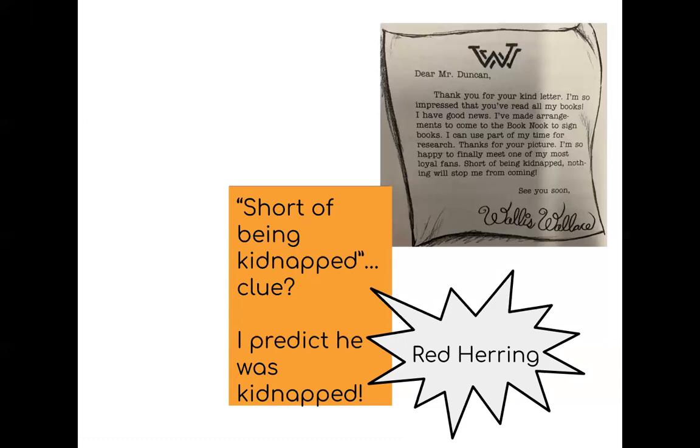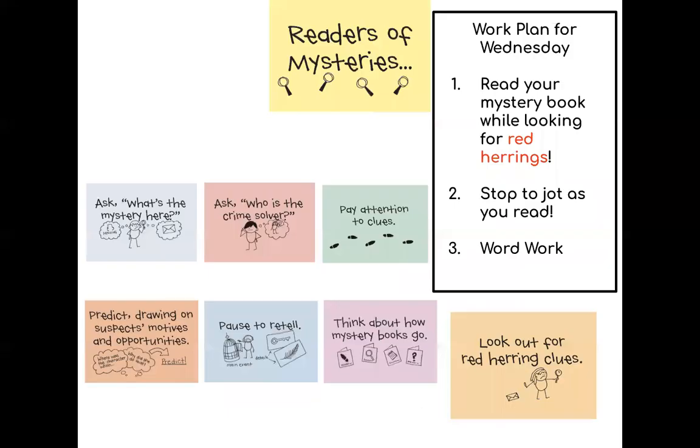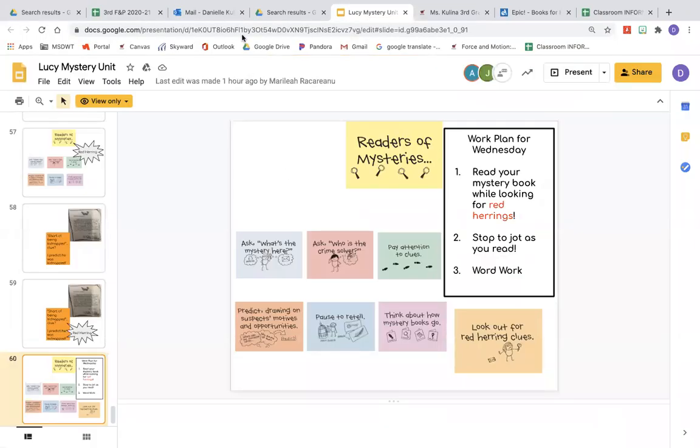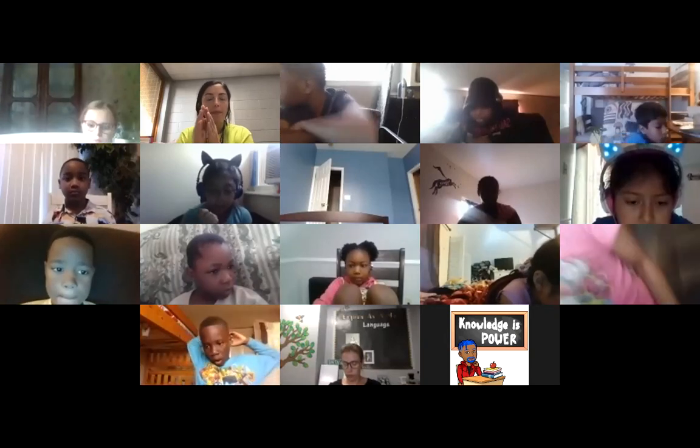So that means that when you're reading today, you need to be extra careful looking for those red herrings. If you find a clue, I want you to really think, is this a real clue or is this just a red herring? Is this a clue the author put in there to trick me? So here's your work plan for Wednesday, okay? We're going to be doing our independent reading like always. When you read though, what have we been